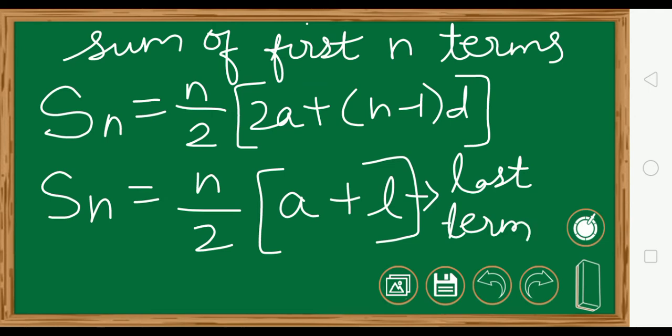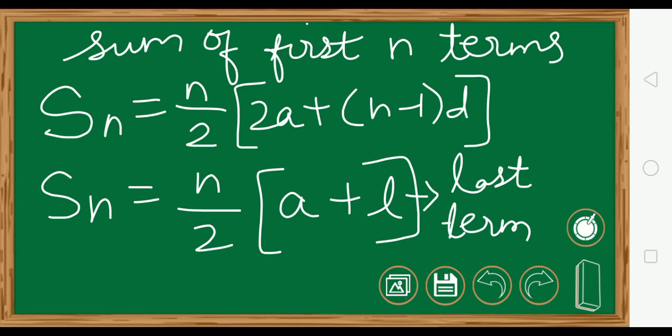Suppose first 30 terms is mentioned, then T30. T30 means the 30th term. Don't be confused between Tn and Sn. Tn is for finding the nth term. Sn is for finding the sum of the first n terms. Okay, there is a difference between S and T. Clear? So I'll just take a screenshot so that you can copy it down in your notebook.